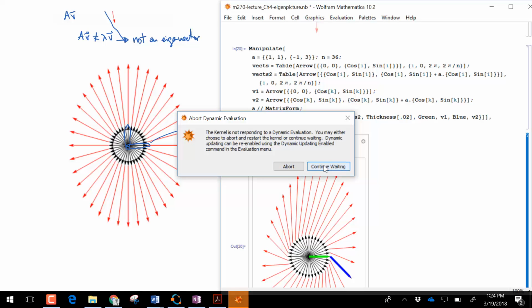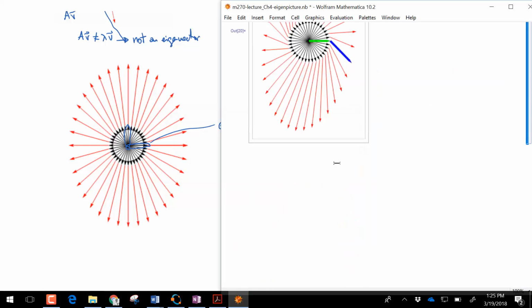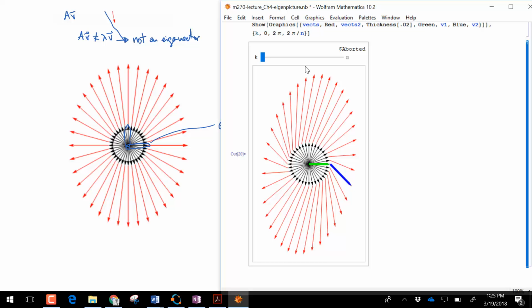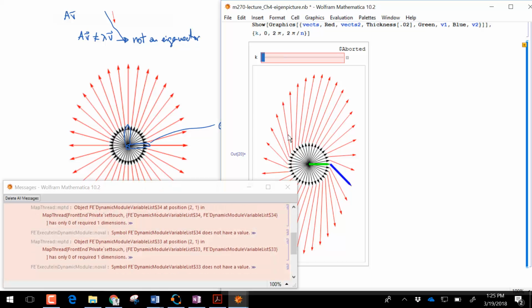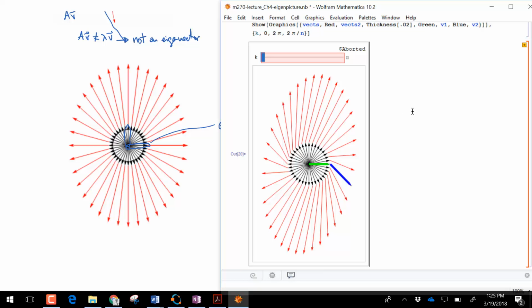I changed my A matrix. Well, the eigenvector is attached to the matrix itself. So if you change the matrix, then you change your problem. So you start off with the matrix, and then you have to figure out what the eigenvalue is. All right, now it's broken. So anyways,